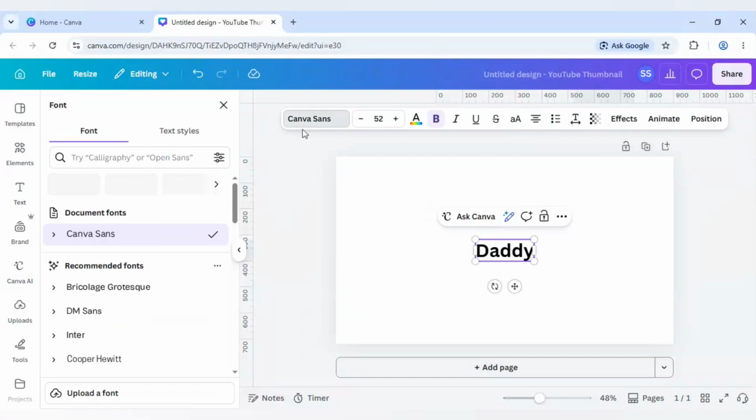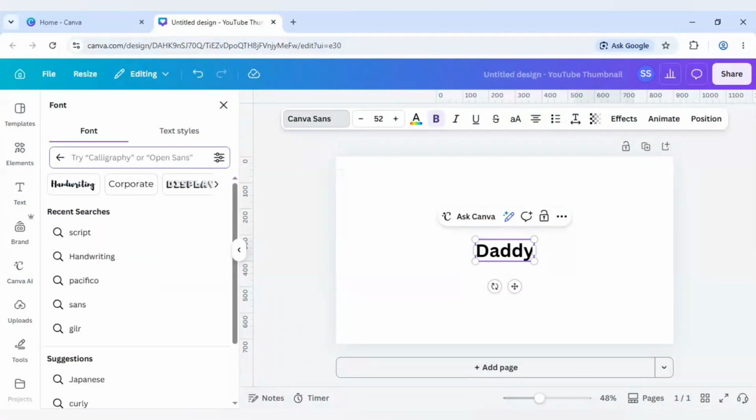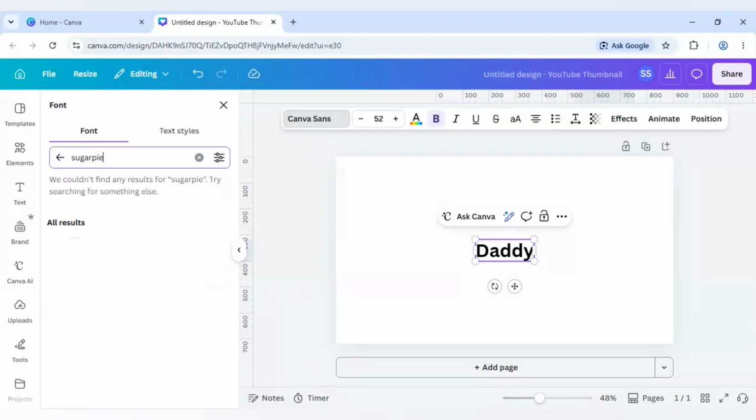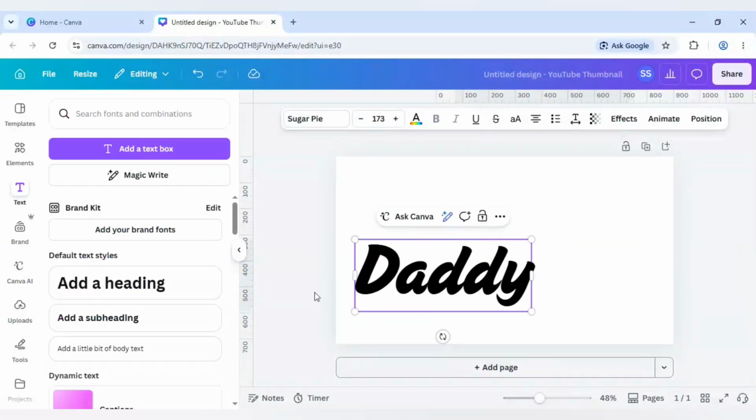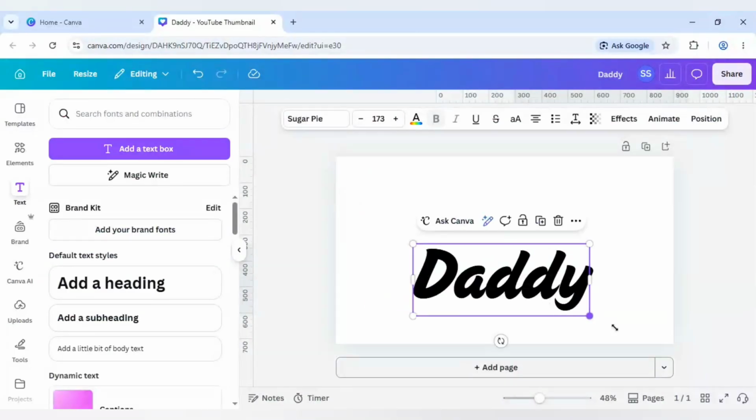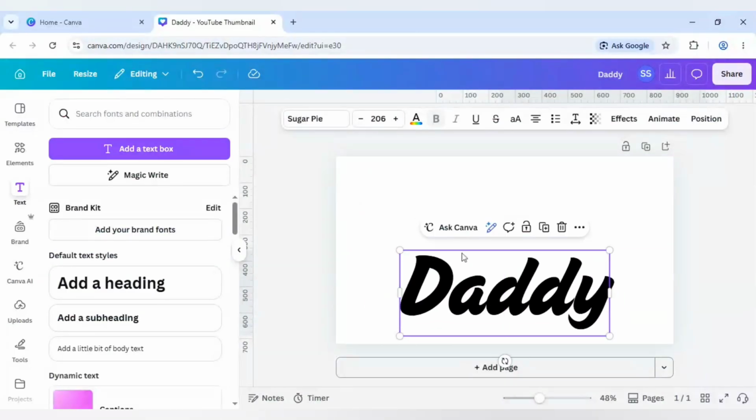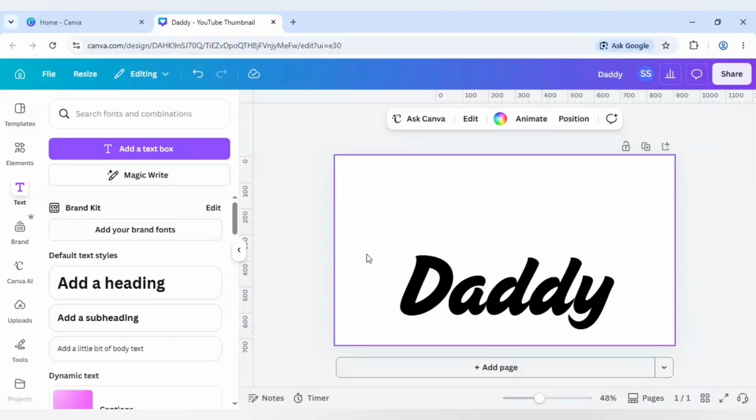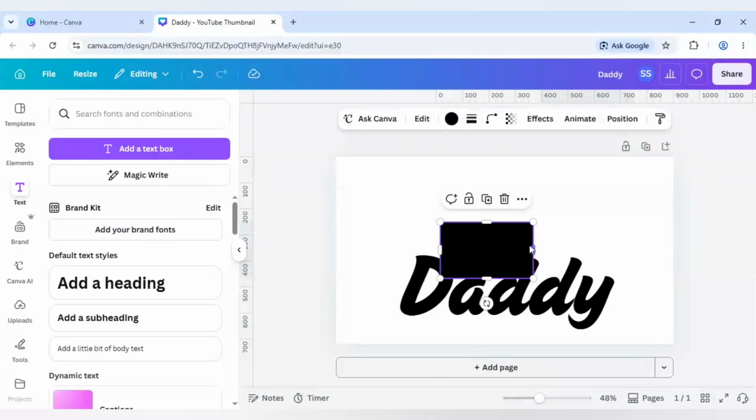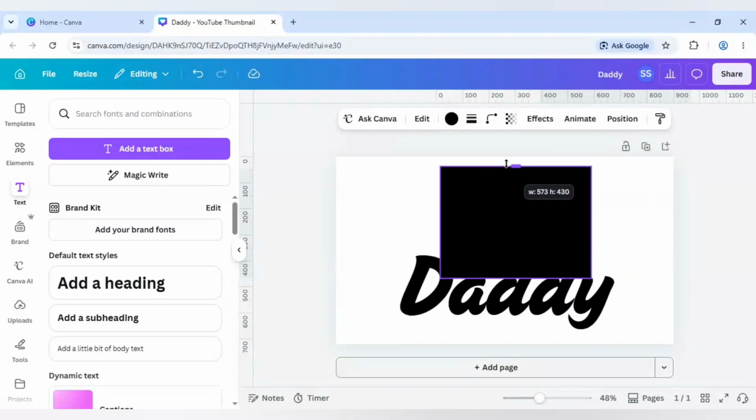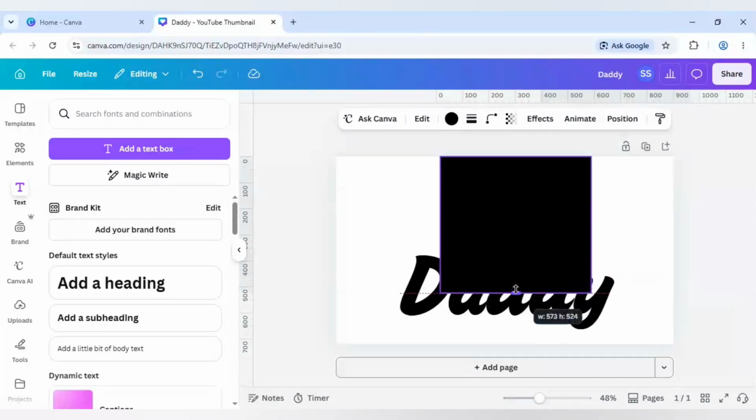Okay, and here in the font part I will just choose here Sugar Pie font. So you have to write sugar and pie separately. So this is the font, and let's make it bigger. And just center it, and after that just click on R to activate a square here. Okay, just click on it and let's make it bigger and cover it till here, and let's make it bigger